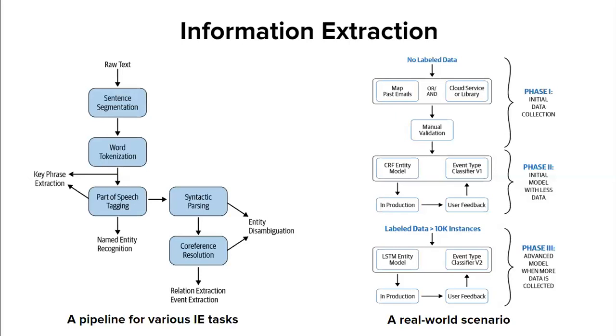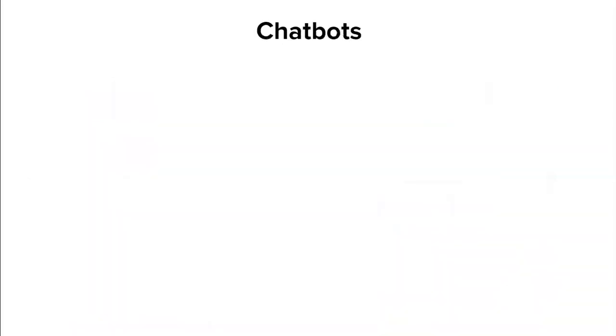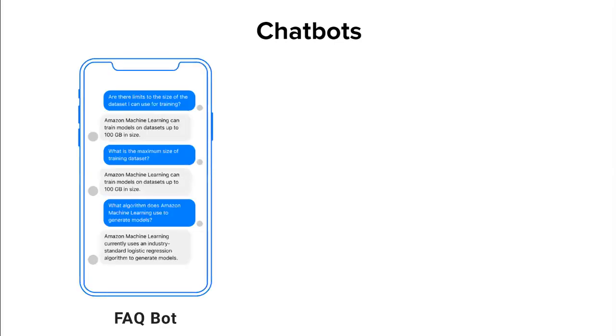Okay, the next chapter or the next task is building chatbots. So there are different kinds of chatbots. In this book, we take the approach of introducing the different kinds of chatbots and their applicability in different domains, and we delve deeper into individual components of each of these chatbots. Say, for example, there is a FAQ chatbot, which is a relatively simpler chatbot where users ask questions and the chatbot answers from a fixed set of questions and answers.